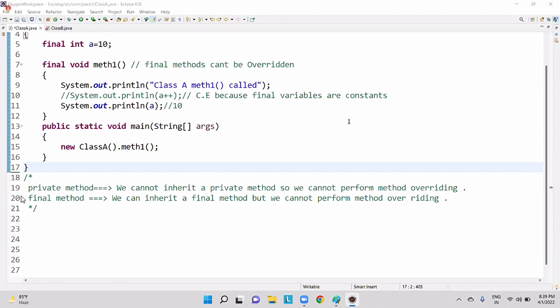Okay, Alpesh, you're asking a question, sir. Can final methods be overloaded? Guys, anyone wants to answer? Can we overload final methods? Krishna, yes. Mukesh, yes. Rupali, no. I told you any method can be overloaded: final method, private method, static method, abstract method, protected method, default method. That does not matter. Don't forget the basics.